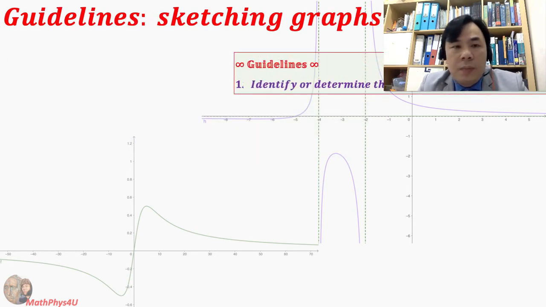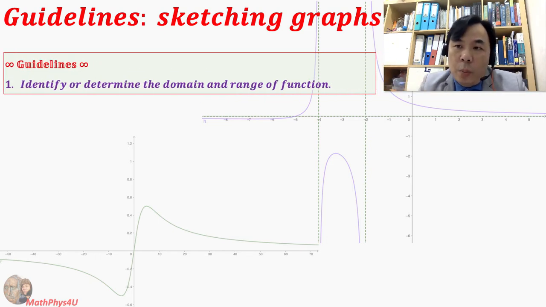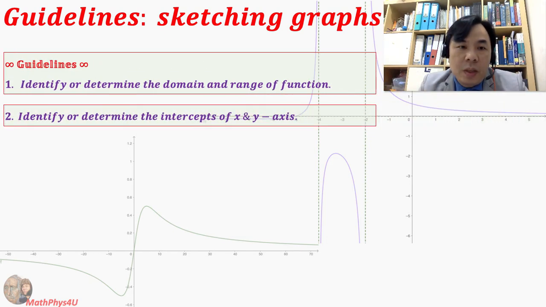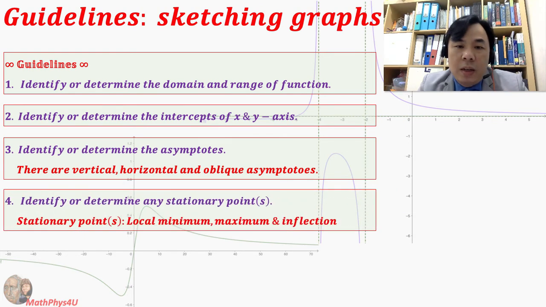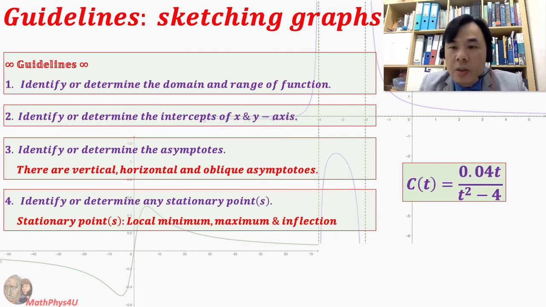So we have the first guideline, domain and range. Second one, the intercepts of x and y axis. Next, asymptotes. And then lastly, stationary points. Now these are the functions that we're going to sketch this time. Instead of having x and y, we're going to be more versatile in the way we represent our functions